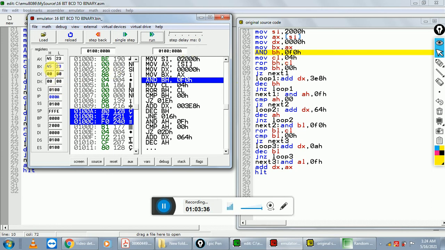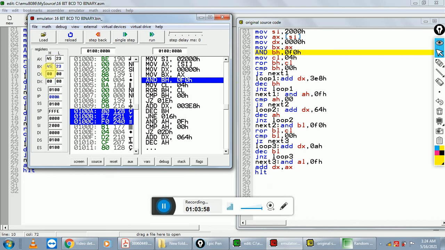The next instruction is taking the AND operation with the BH register. So this is your BH register. When we take the AND operation with BH comma 0F0H, it means here we mask the LSB. Masking the LSB means here we extract 4 from 45.